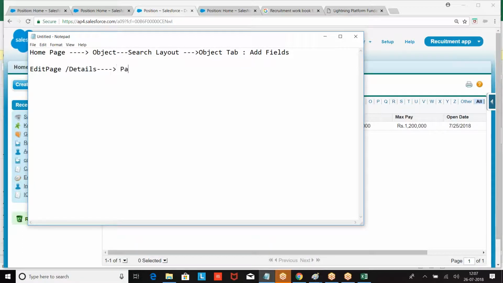How will you control? List view page. On the top, click edit. This is what we have done. I hope you are good with this. Last one more point, we'll wind up with this.